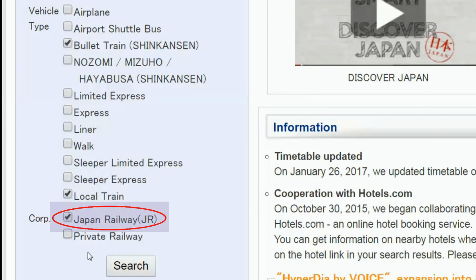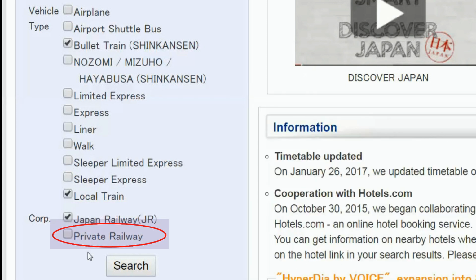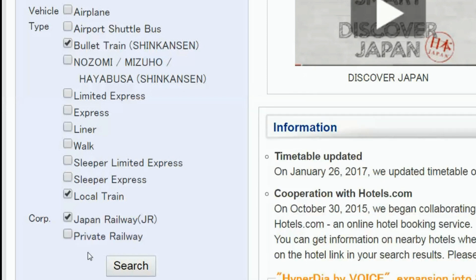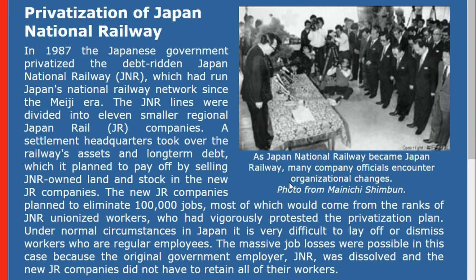We also check Japan Railway, as we will be using our JR Pass. We uncheck private railway since we do not want to pay more than what is provided for free using our JR Pass. Private railways indicated here are those railways which are not part of the Japan Railways group of companies. Japan Railways is thought of as a public entity, although it has since then become privatized because the assets of these companies